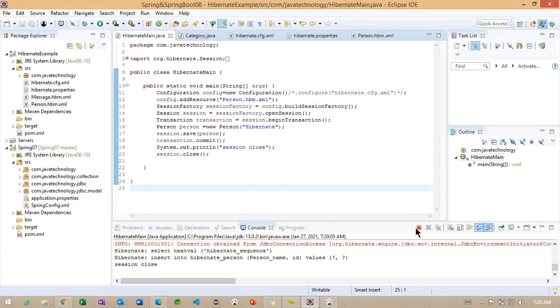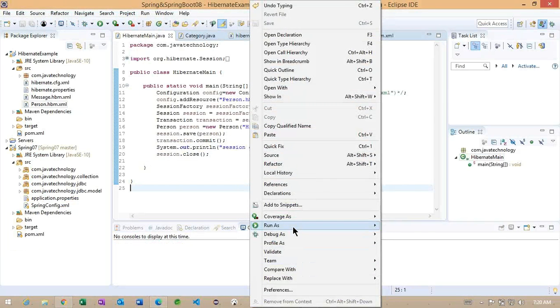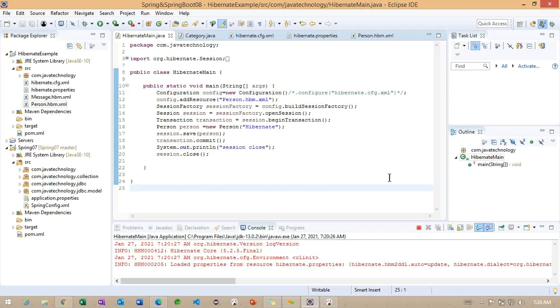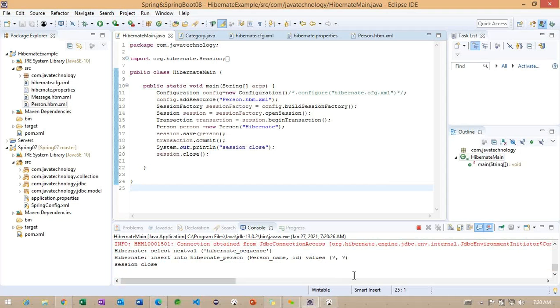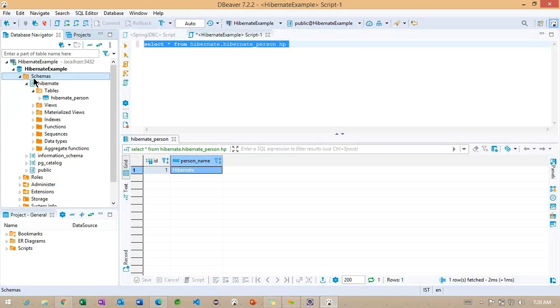Sequence also generated. Let me check. Why is it providing only one?